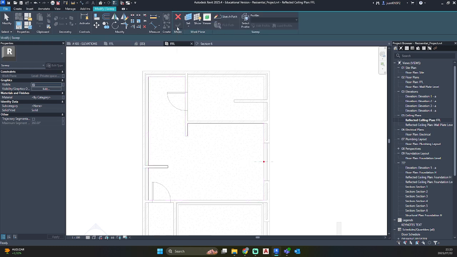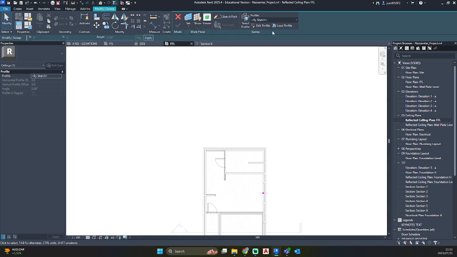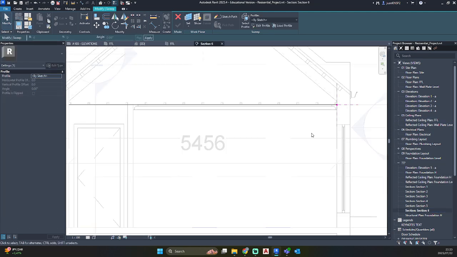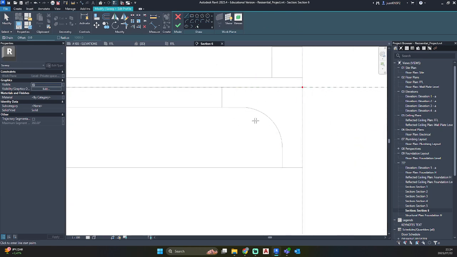And I'm going to hit finish edit mode, and I'm just going to go to my ceiling, my section again, because this section looks at the same wall, so we can start at creating our profile on the exact same section. Go edit profile. And now that we have an outline, we can use our pick lines tool and just click on our desired lines.